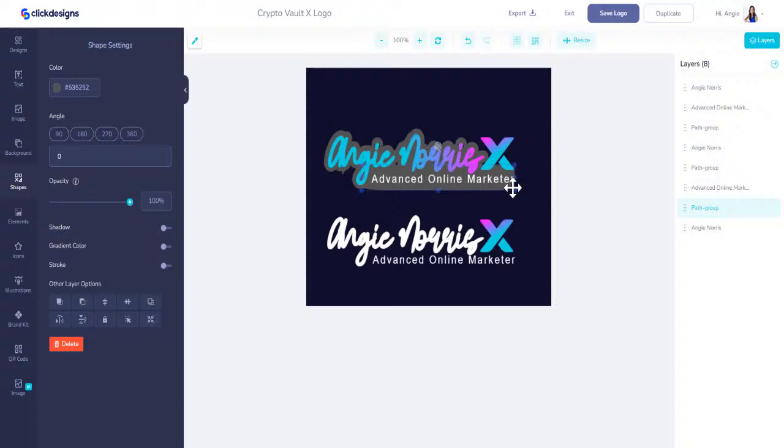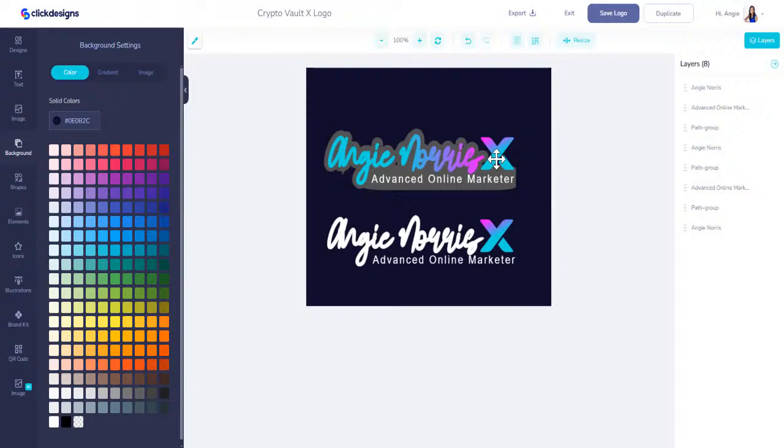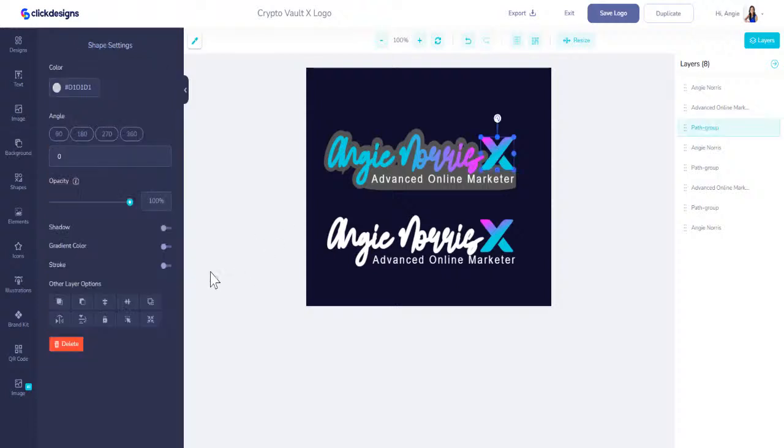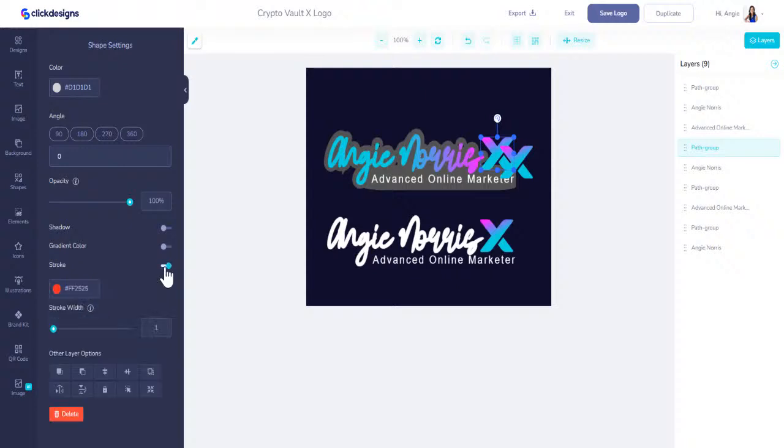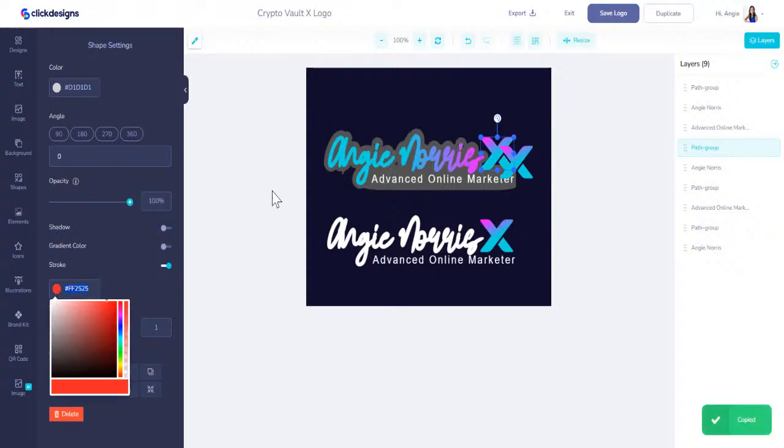Okay, so that looks pretty good, right? That could be my logo. And then this one, we want to duplicate that. And again, we're going to add a stroke. And from the stroke, we're going to have this color. And we're going to paste it